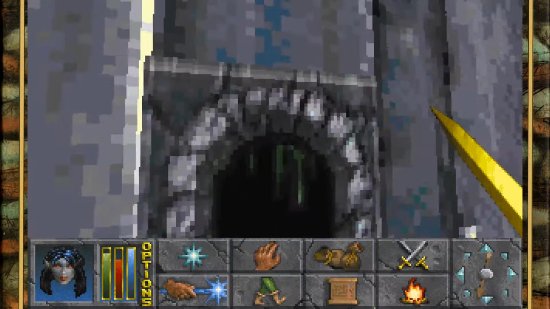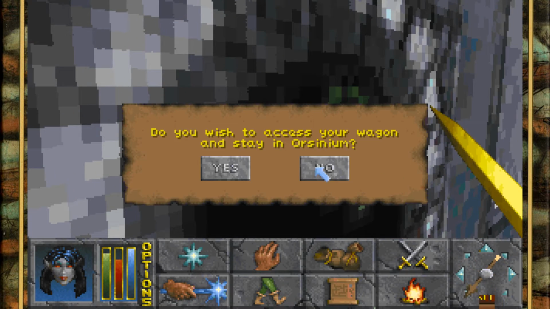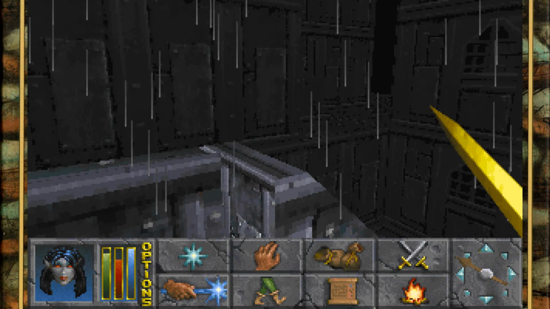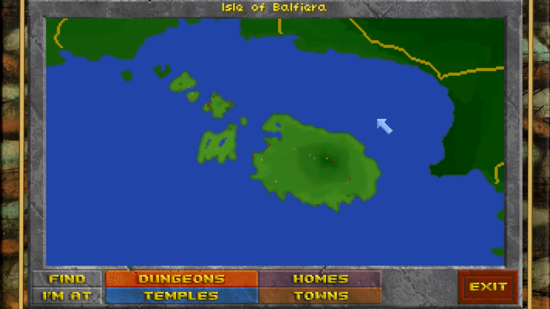So let's go ahead and head on over there. We're going to go outside, we're going to hit W for our fast travel, and we're going to click on the Isle of Balfira. And now, rather than going straight to this place, the old ruins of Baladin Hall thing,